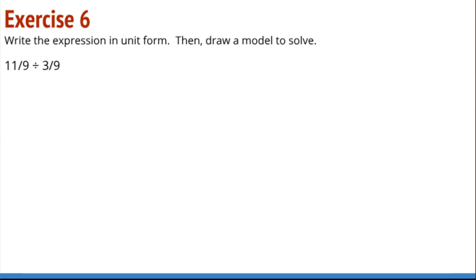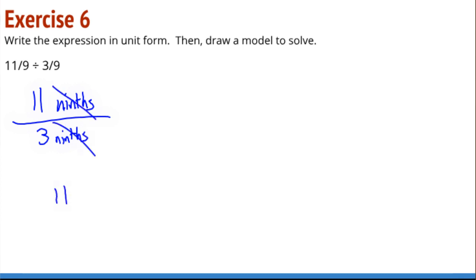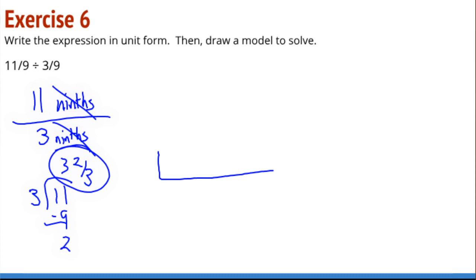All right, taking a look at exercise 6 here. 11/9 divided by 3/9. Which is going to leave me with 11 divided by 3. So I am predicting a 3 2/3. And come over to my model here, and I'm going to need 1 whole,